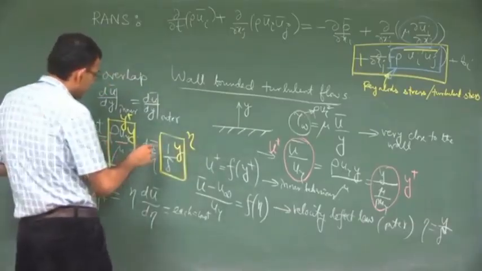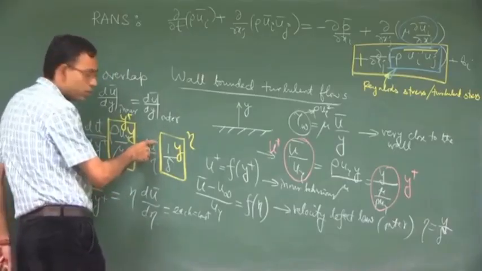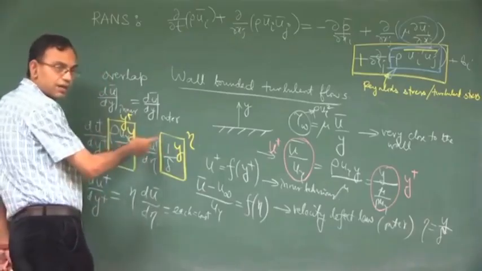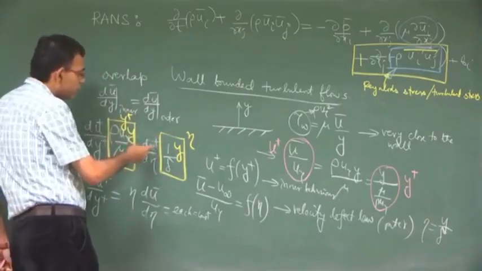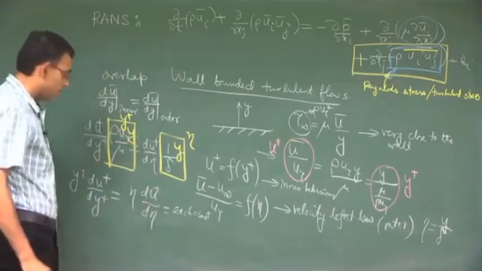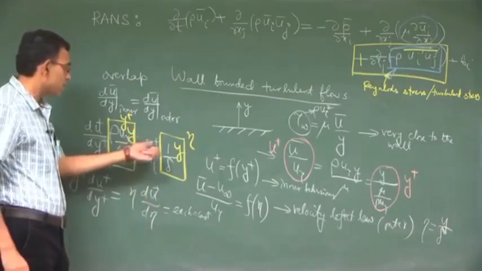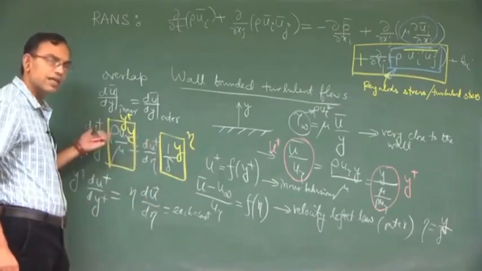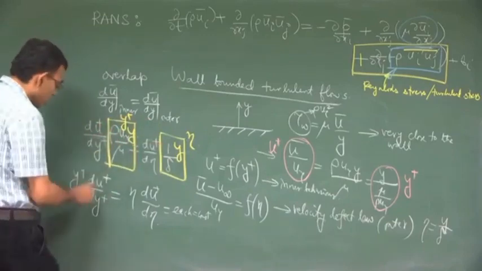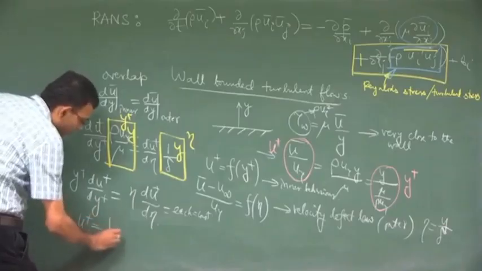So, we just change it to u plus in place of u bar. We can do it because on both sides the definition of u bar is the same. So, we just switch from u bar to u plus for our understanding, because we have used here y plus. Here it was u bar, here also u bar, change both to u plus by multiplying the same factor on both sides. So, if you now integrate this, you will get u plus is equal to a constant